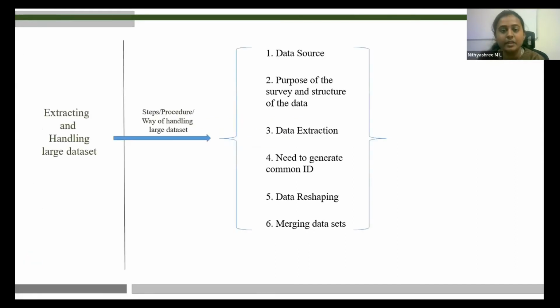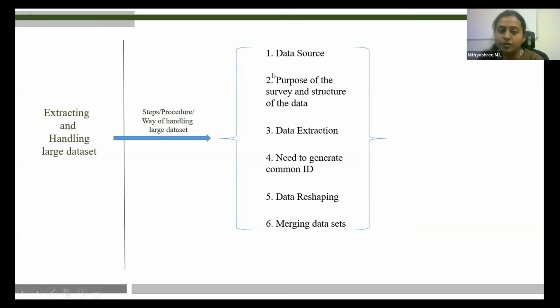The first one is what are the steps we need to learn for data extraction. Let me make it clear that these steps are not standard. It's not that someone has standardized them and I am teaching you. For simplicity, I have just listed these steps so that we can remember and learn easily.